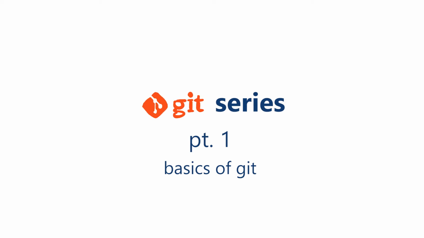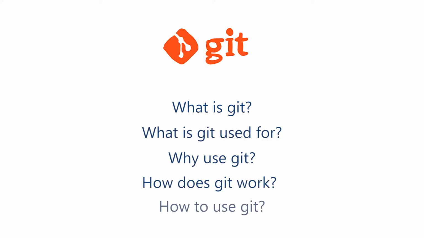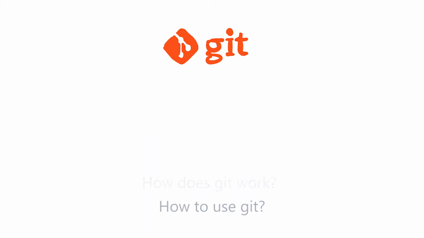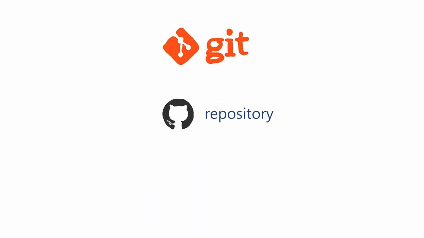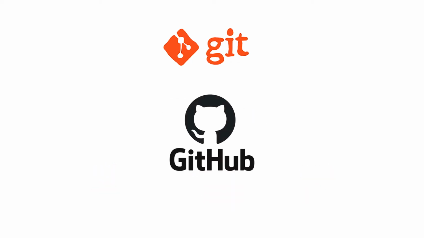This is the first part, where I will answer questions such as what is Git, what is it used for, why would you use it, how does it work and how to use it. I will walk you through creating a repository on GitHub and teach you the three most important Git commands, which are add, commit and push. At the end of this video, you will be able to put your code on GitHub to back it up and